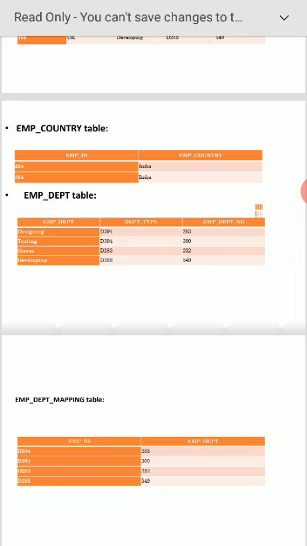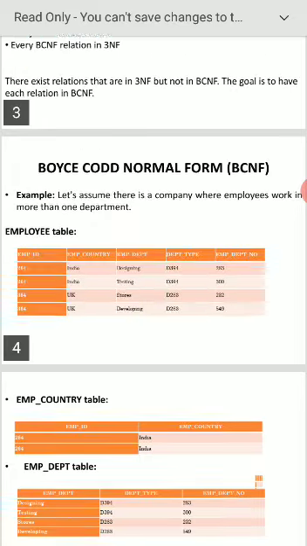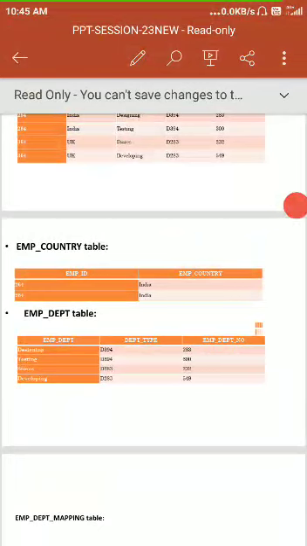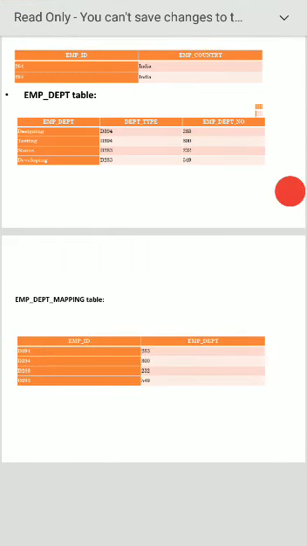Like that we are decomposed. All these subtables, if I collect them together, become the main table. Here the functional dependency is there. Here we can consider employee ID is a super key.